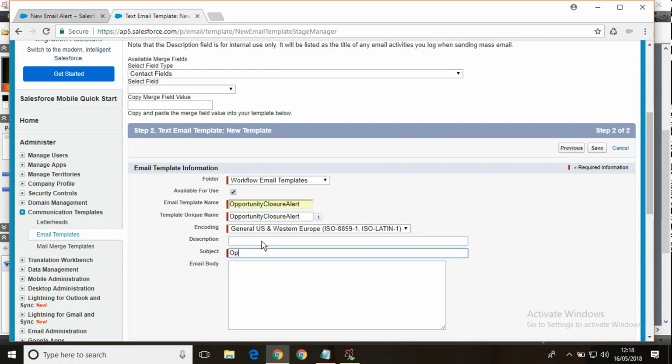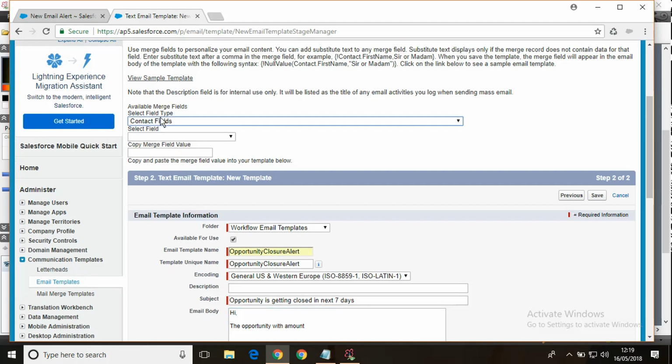Subject: opportunity is getting closed in next 7 days, something like this. Hi, the opportunity with amount. Now here you can add the amount by means of this merge field.